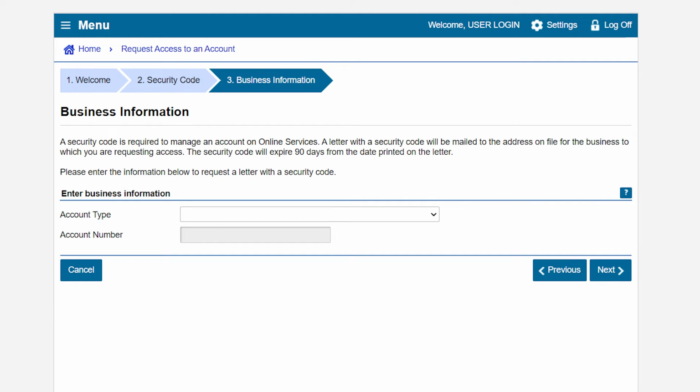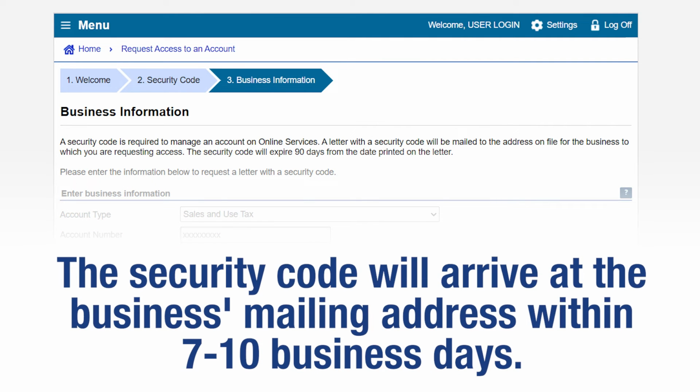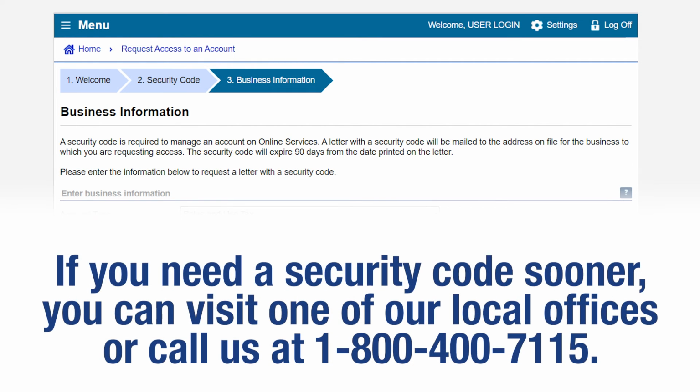You'll get the Business Information page. Provide the required information and a security code will be sent to the business's mailing address and will arrive in 7 to 10 business days. If you need your security code sooner, please have the business owner visit one of our local offices or call us at